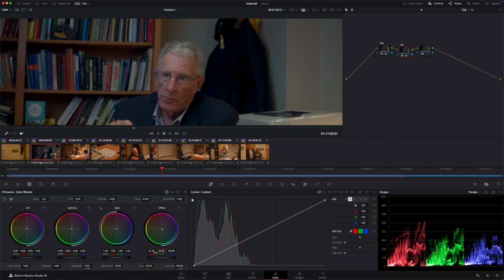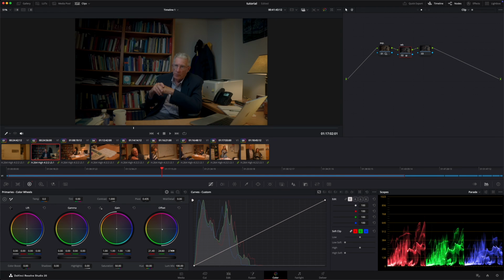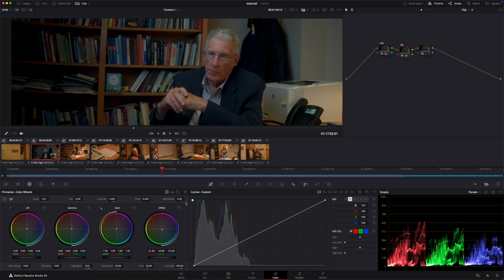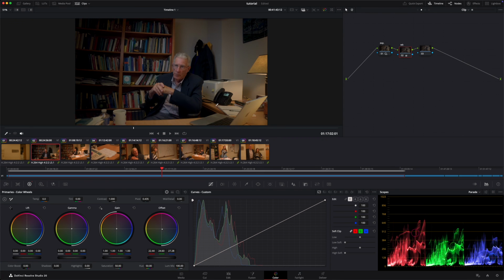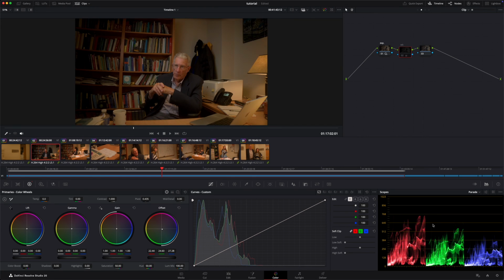Decrease the green a little bit. Increase the blue. And we're going to add a little bit more of that red. Just with this white balance, you can see that here in the graph, we kind of level out a little bit. The reason why I left the red slightly above